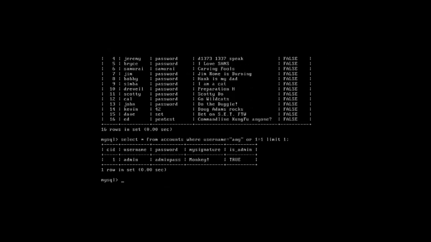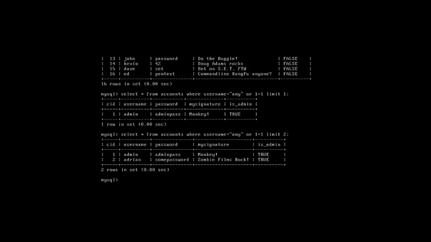See, it limits the result to one entry. If you use limit 2, then it will limit the result to 2 entries. This way we can also restrict our result by the number of entries.